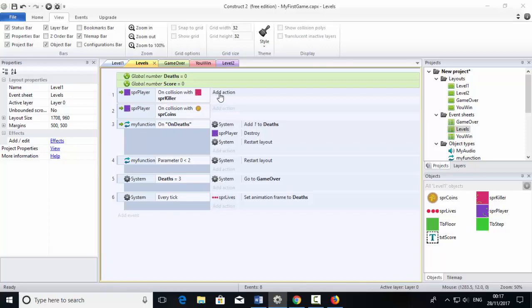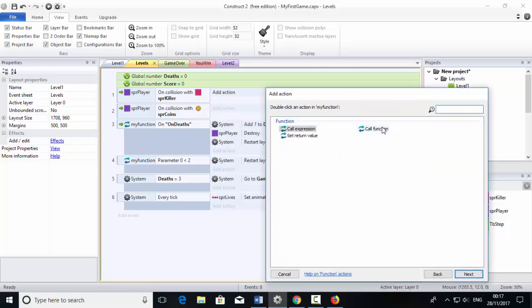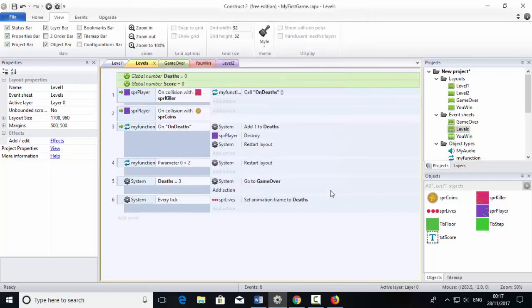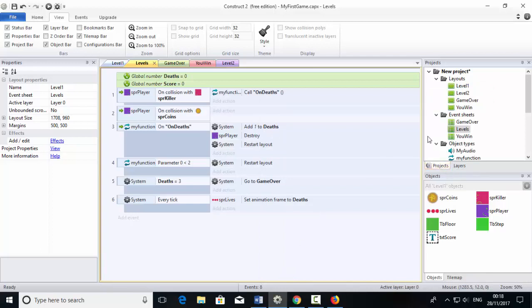So I'm going to click an action, I'm going to click on the function, and I'm going to select call function, and I'm going to type on deaths. Click done. Next, when the player collides with a coin, I'm going to add an action, and I'm going to play a sound. But before I add a sound, I need to make sure that I have added some sounds on my